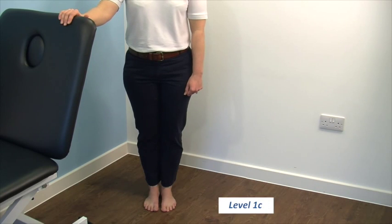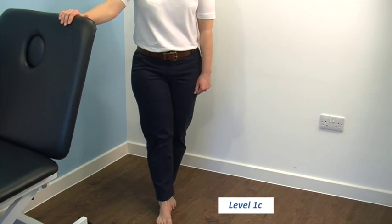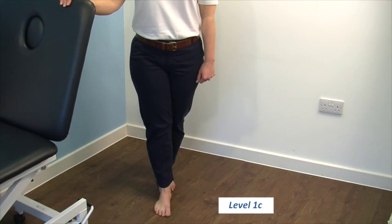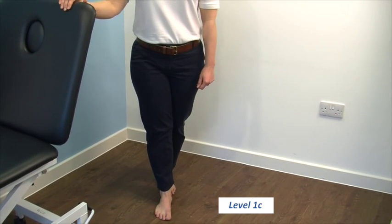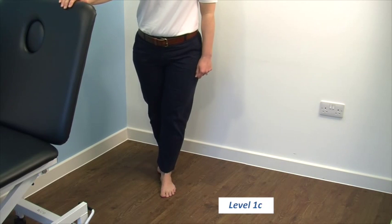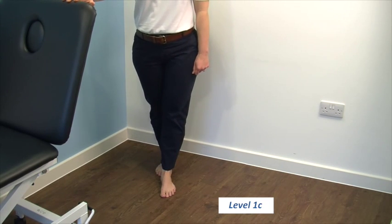Put your hand back on a safe environment and put one foot in front of the other. The aim is to try and hold this position for 30 seconds, making sure you can keep your feet as close together as possible. Remember to do this exercise with both your right and your left foot as the lead